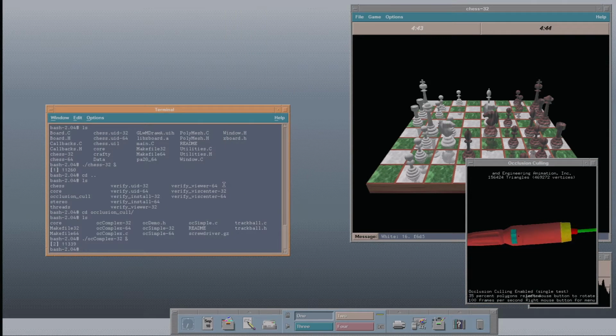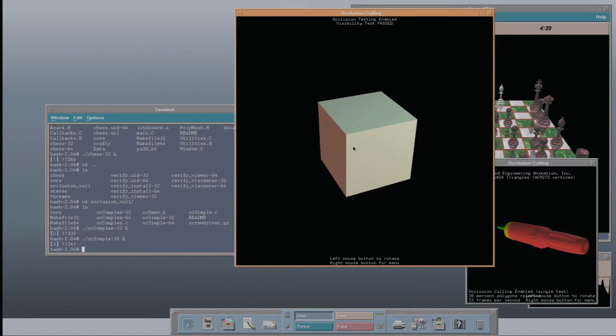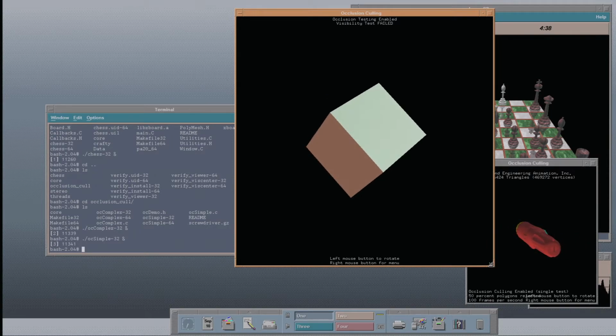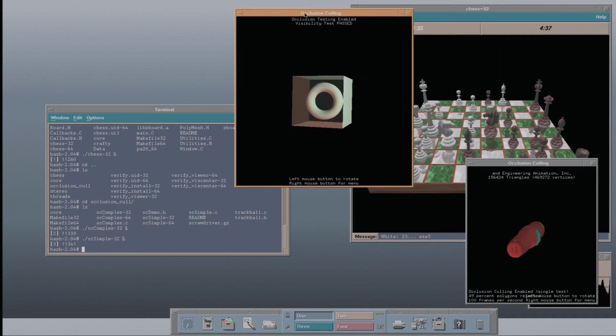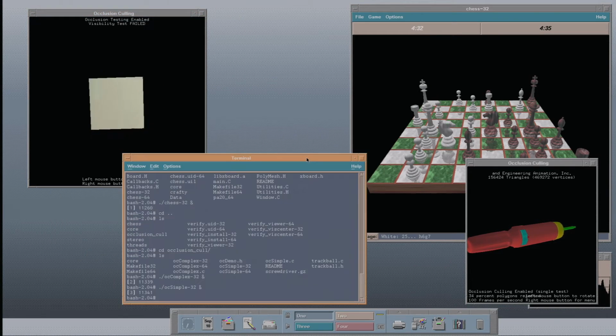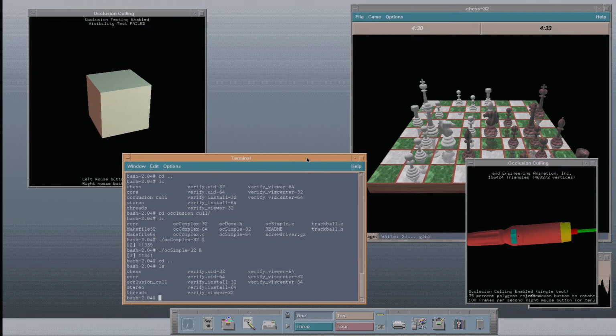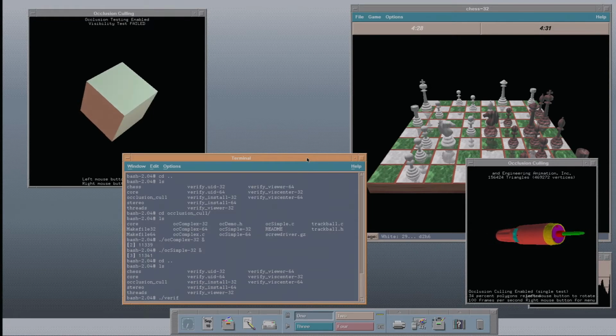Now the next one will be simple. And to finalize,